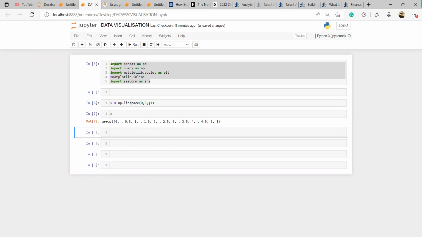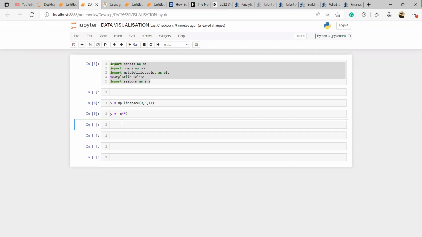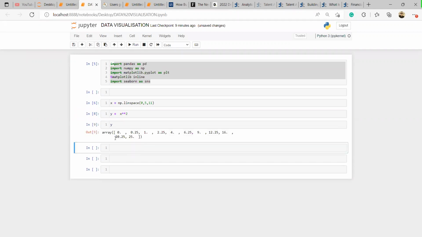So if I run X, can you see that? Or if I want to create another one, Y, I can say X raised to power 2. So if I call Y, can you see that? So I have these two variables, X and Y. So if I want to plot them,